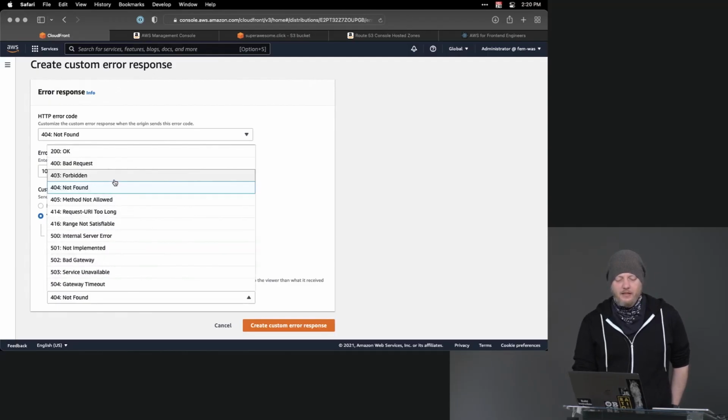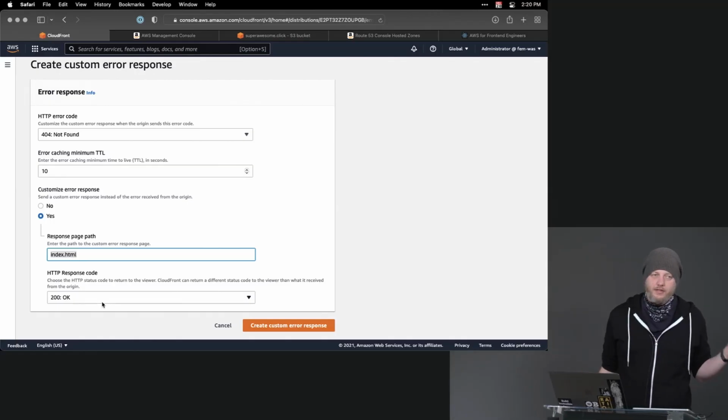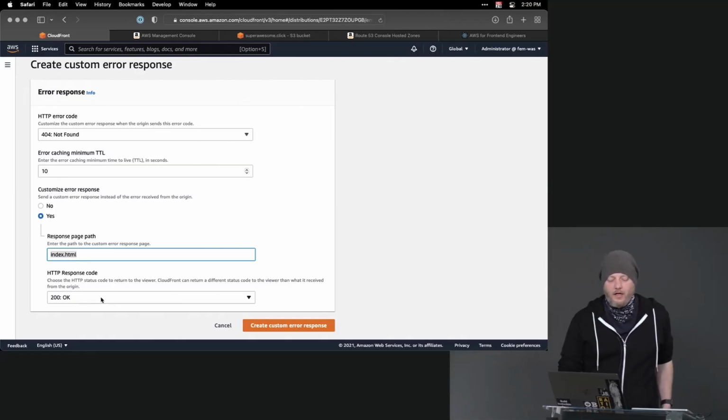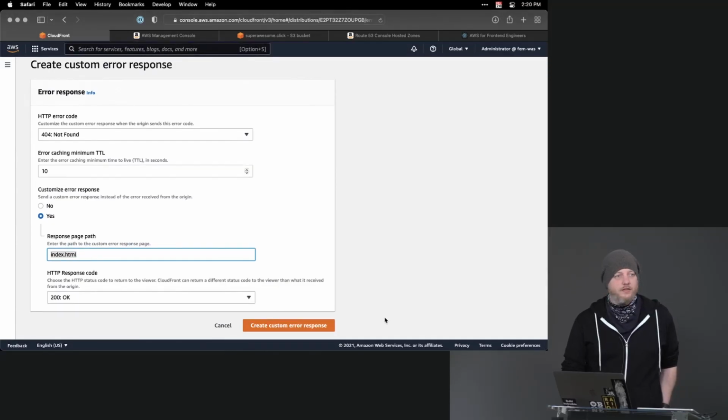And the solution that we're eventually going to get to, so I'm going to set that to index.html, which is going to serve my JavaScript, let whatever client-side routing take care of stuff. I'm going to say that's OK. And this is what a lot of client-side applications do. And the solution that we'll eventually end up in is me and one of my coworkers